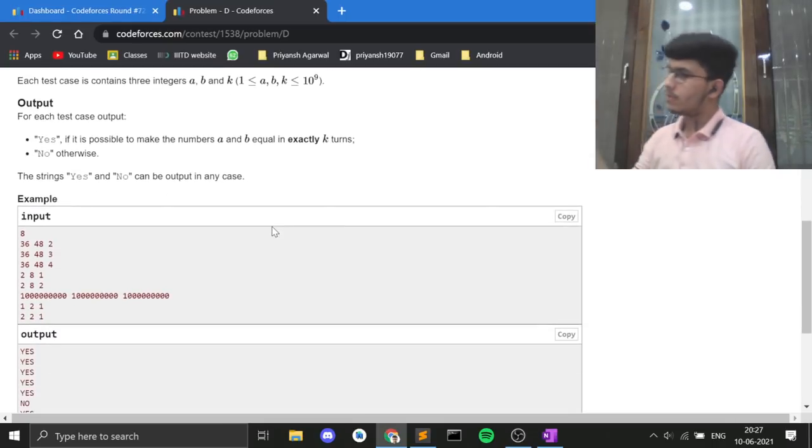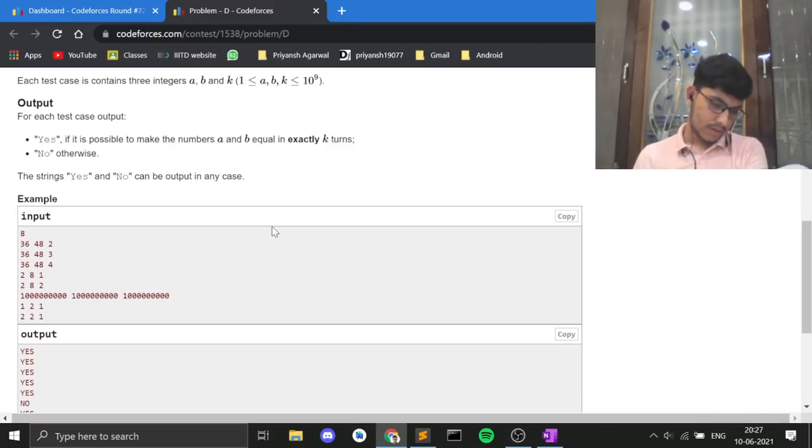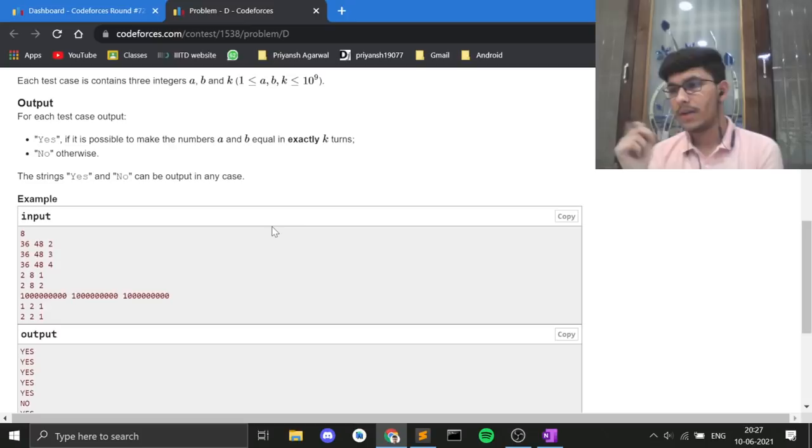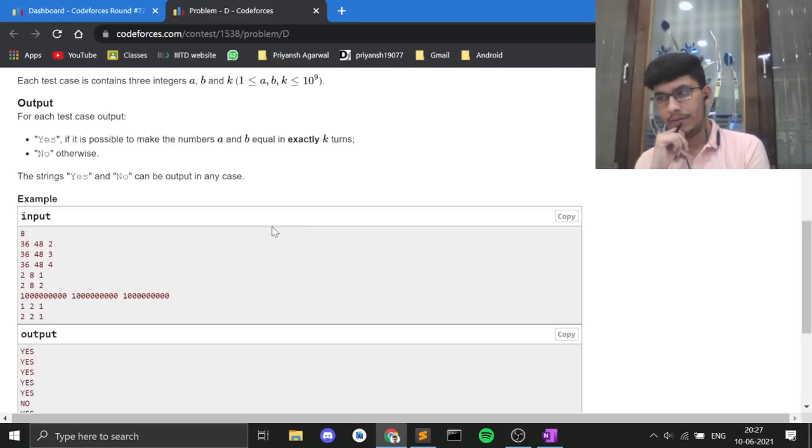Okay, first of all, let's talk about the maximum operations that we can do on a number here. If we have A, then A needs to be converted either to its GCD, like the number that you can form is either the GCD or it is less, right? And if I have B,